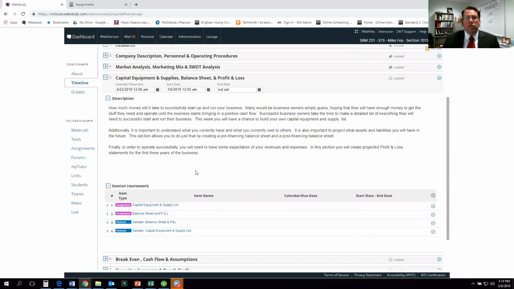One's the capital equipment and supply list, and the second is the balance sheet and profit and loss statements. I'll try to explain those briefly, and then, like I said, I think the instructions will help as well as the samples. And I've included one more thing in the assignment. So the first thing is the capital equipment and supply list, and it is what the name implies. It's a list of all the capital equipment and supplies and the inventory you will need to get started with